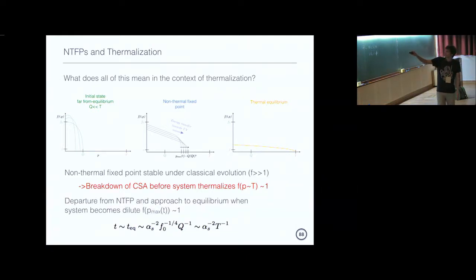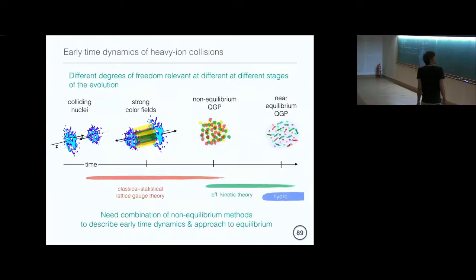So basically, what this means is that, parametrically at least, the whole process of transporting energy from these low scales to these high scales will take the same amount of time as the system subsequently relaxing towards equilibrium once this cascading process has ended. And so this is my last slide.